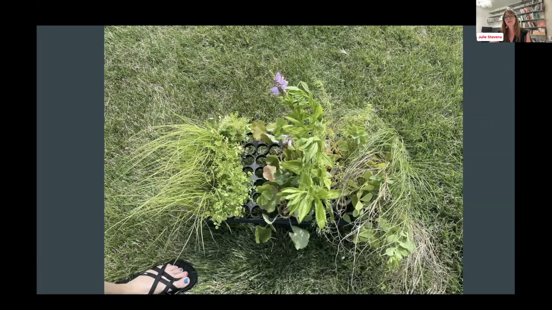All right, here's another thing I love about native plants because I am a frugal person. Do you know how many plants are in this tray? This is a tray of 72 and it's not even full. There's probably somewhere around 40, and I probably paid $4 a piece. So I've got 40 plants here for 160 bucks. Pretty good? I like that, right? I can do almost a whole garden with those, a nice sized garden with those 40 plants. So a lot of bang for your buck. And once they're established, they really take off.